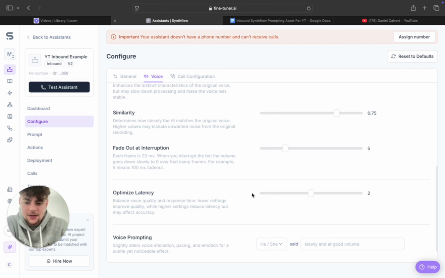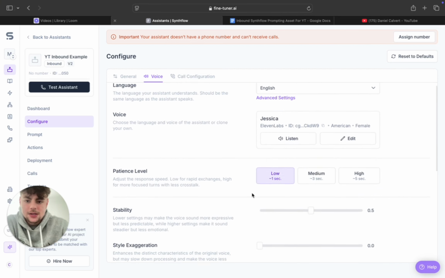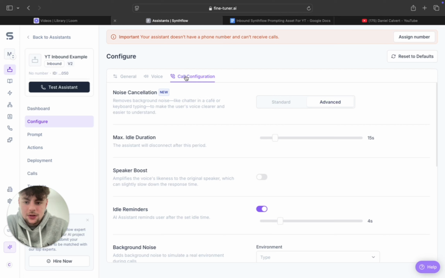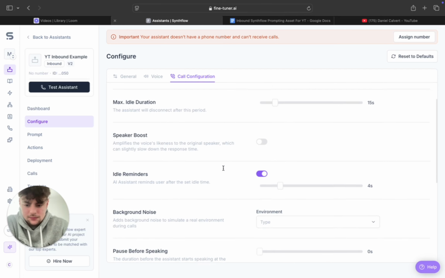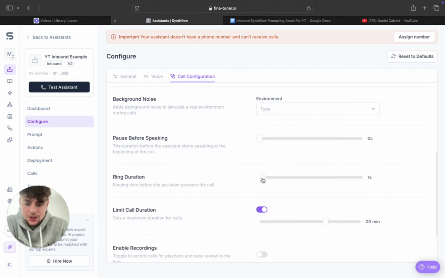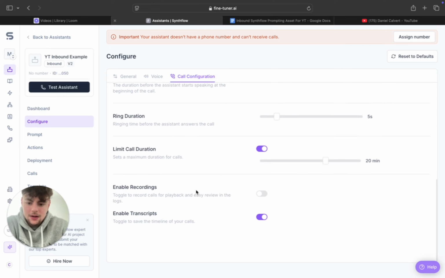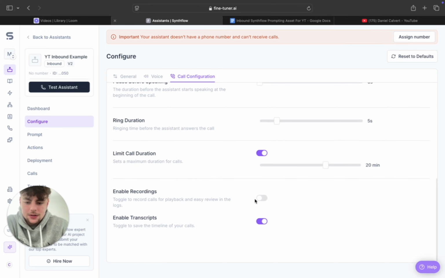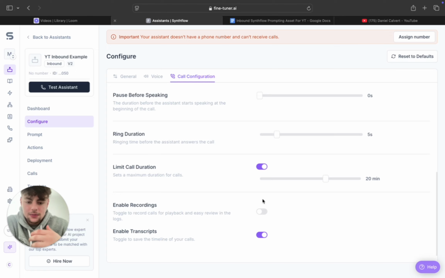It might take 2 or 3 seconds, and people are going to know it's an AI. So then we've also got call configuration, and you can have background noise, pause before speaking. So just keep this at 0 seconds. Ring duration, I'd say keep this at 5 to 6 seconds, so you don't want them to just call and then instantly pick up because they're going to know it's an AI. And you can enable recording so you can get more feedback from your AI callers